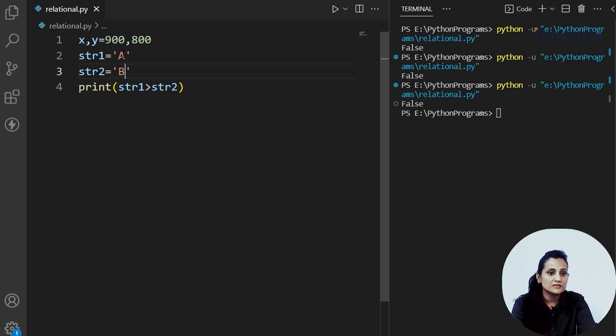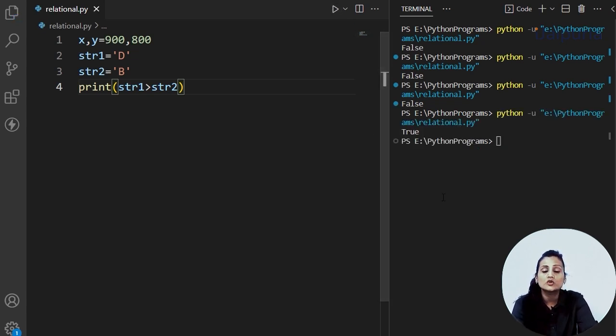But in case you use D here, the ASCII value of A starts from 65. So D will be 66, 67, 68. So this time we have D as 68 and B as 66. Definitely D is going to be greater. Yes, the answer is going to be true. So this is the actual method of checking relational operators on strings.